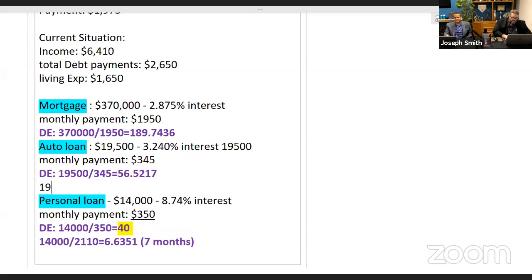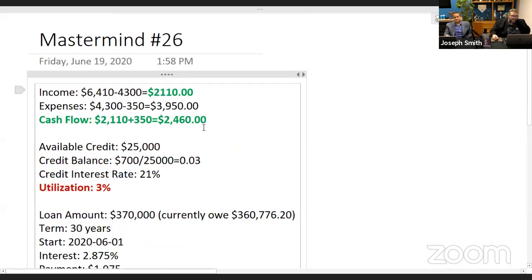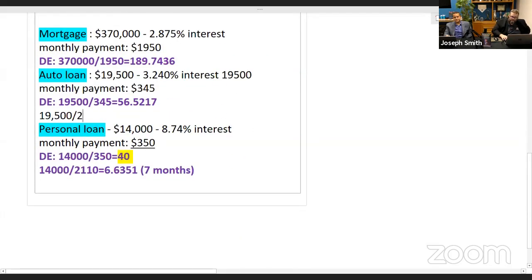I'm trying to think, after 7 months of making payments on that, if I don't have my phone here. Let's just use the 19,550, but we know it's going to be less than that, probably about $1,000 less. But let's take a look at this. So we take that and we divide it by our cash flow, 2,460. And what do we get? 7.92. Now,